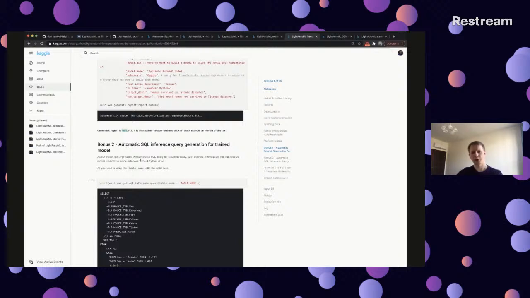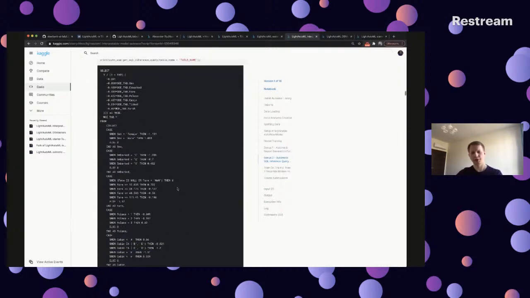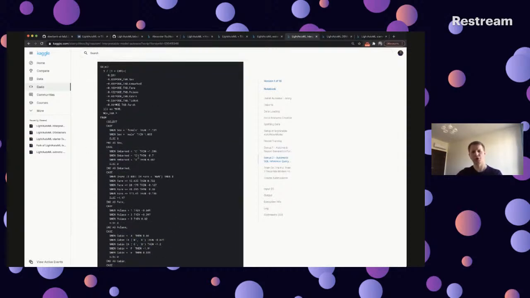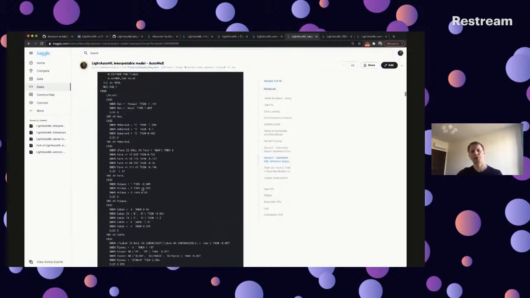And the second bonus part is that we can create an automatic SQL inference query for the trained model. As we stated, it is just like a scoring card. So we can create the SQL inference query with a simple line of code. We set the table name with the initial features called table name. And here we can see that the SQL query was generated, and we receive the predictions for this type of